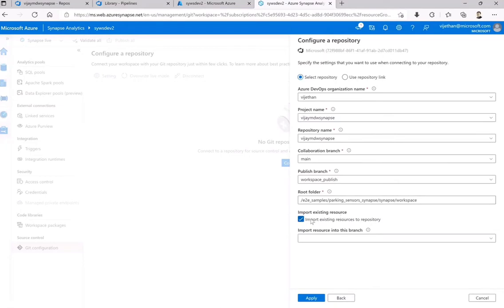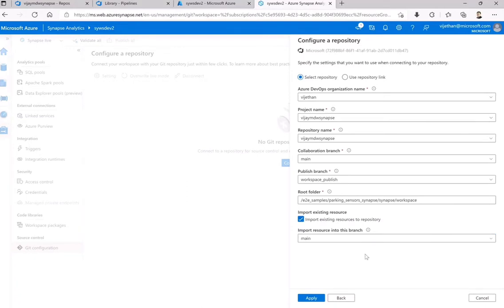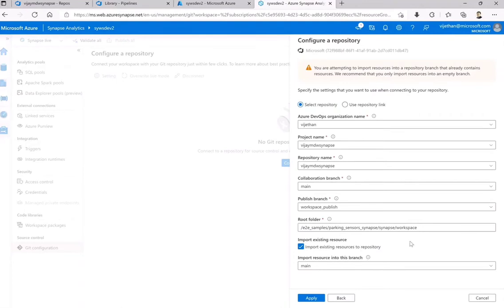Okay, and importing existing resources to the repository means whatever is there in your workspace at this point of time will get imported as artifacts. Okay, and where it should publish, obviously if your collaboration branch is main, select main, not necessary, but this purely depends upon how you structure this. Okay, so ideally this will comply with what exactly you had in the development environment while you created your structure for the modern data warehouse.